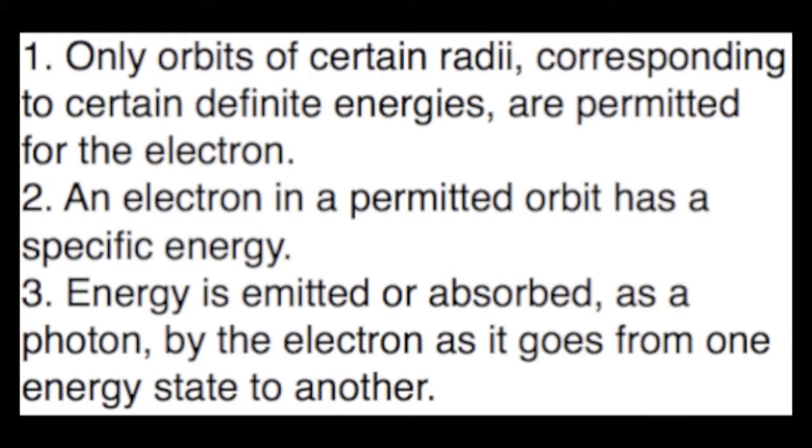Two, an electron in a permitted orbit has a specific energy. And three, energy is emitted or absorbed as a photon by the electron as it goes from one energy state to another. He then said that the existence of these spectral lines was because of the quantized jumps of the electrons from different energy levels. However, this theory only works with hydrogen, so it is incorrect. Louis de Broglie suggested that electrons have a characteristic wavelength found with this equation,